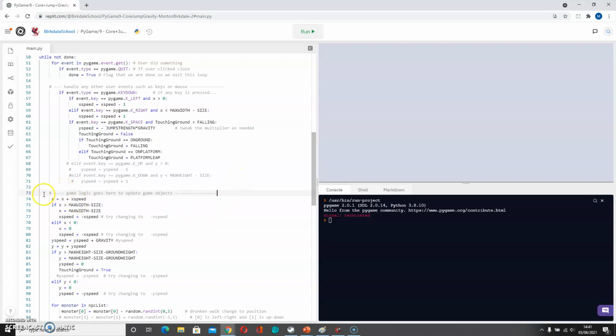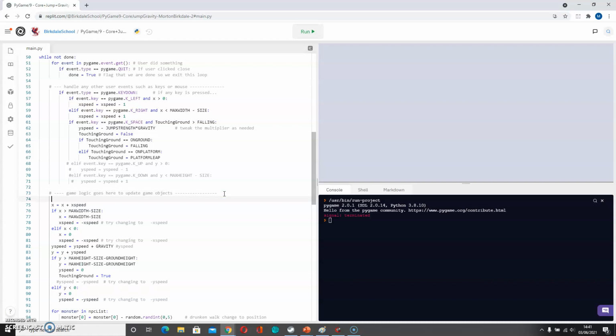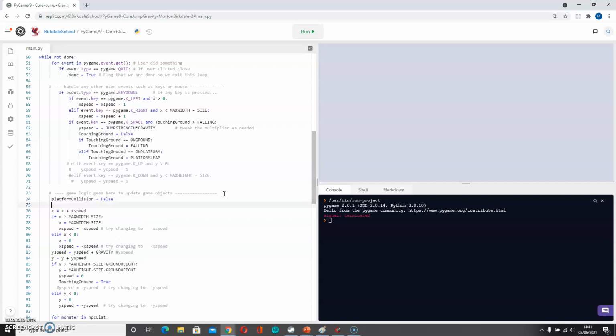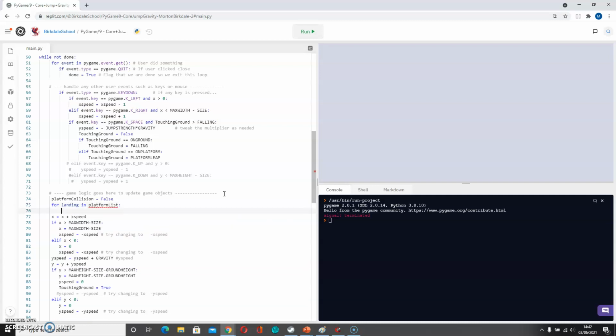So I'm going to come here to the game logic section, and I'm just going to come directly inside here. And we're going to say that platform collision is going to start off at false, so we haven't collided with a platform, but we're then going to check each platform in turn and see whether we do actually have a collision. So I'm going to call it a landing first. So for landing in platform list, so each platform is going to be checked in turn, and then we're going to say